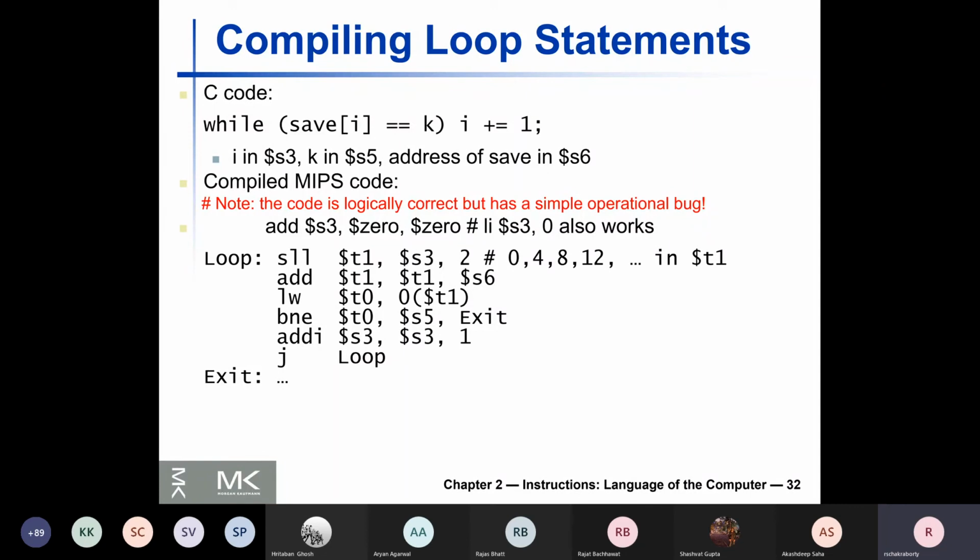Probably if you execute this code, there will be a memory violation error and a core dump. If the whole save array is of length K, then at the end, when I reach exactly the end, there is no array bound checking. How do you understand how you are reaching the length of the array? There should have been another loop. We should have kept track of how far you have progressed. What is the value of I? That is not there.